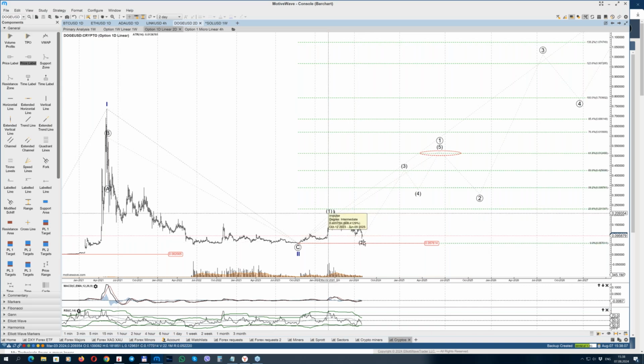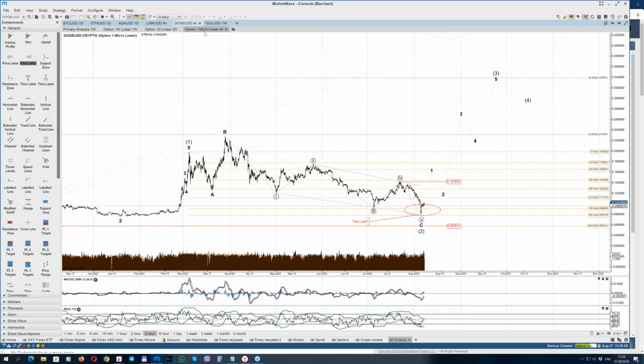1, 2. Internal wave structure was presented on Monday. A, B, and C, well, wave C is completed in an ending diagonal manner. 1, 2, 3, 4, and 5. Right now, the impulsive looking resolution to the upside of the recent low may be part of the wave 1, but